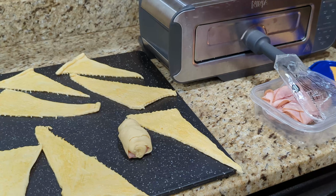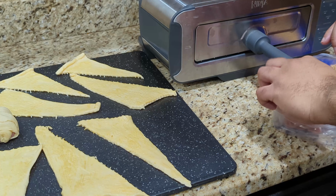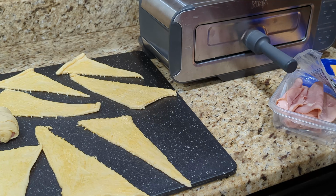All right, so let's do one more. Let's move this over and get this little smaller piece right here, because they're not all even. All right, so we got this little one here. Now, as you can see, it's not as much surface area to work with. So I'm still going to take the ham and get the ham right there. It's not quite falling over the sides. And then for the cheese, I have a little bit of cheese right there. That's all the cheese that I'm going to use for this particular one. And then again,